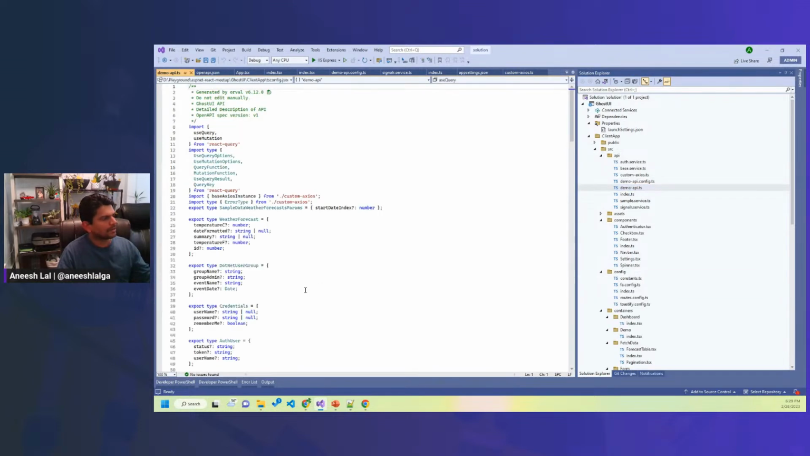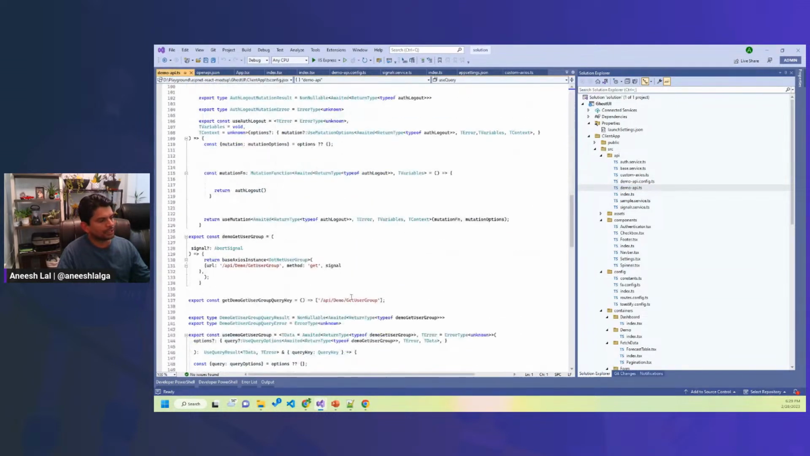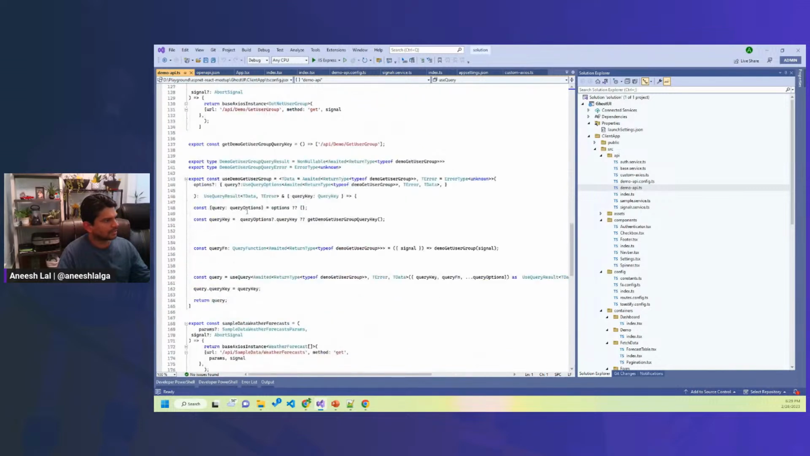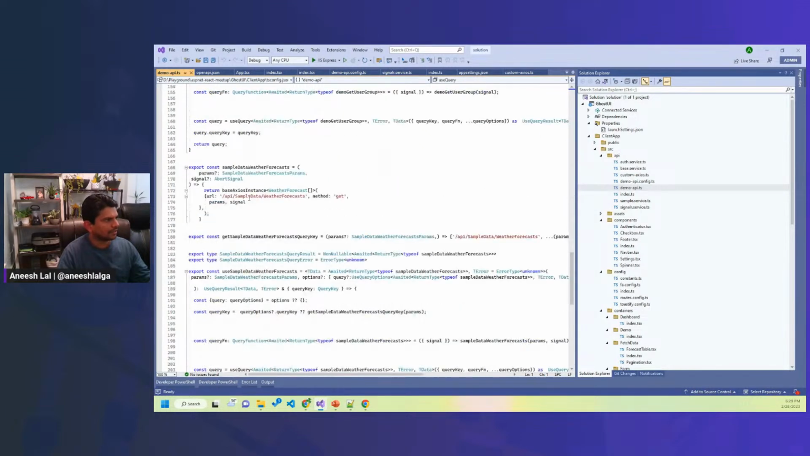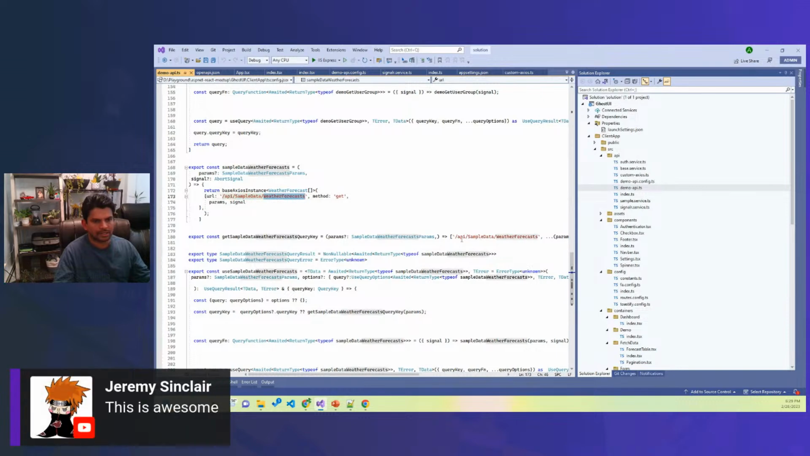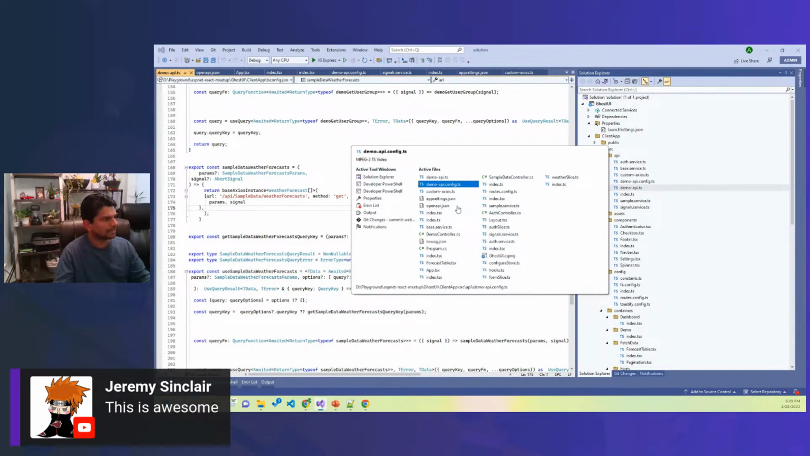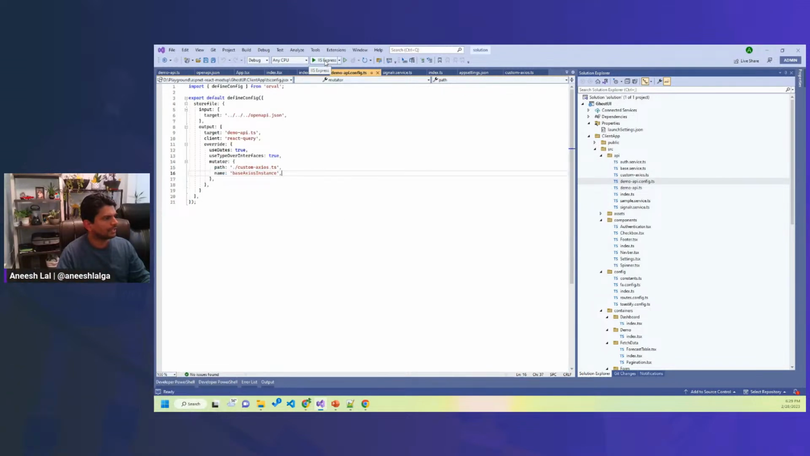See, the entire file is generated for me. Every API endpoint in the application is sitting here. You can see sample data endpoint, you can see other endpoints and things like that, right? So now what we can do is, right? What we can do is,